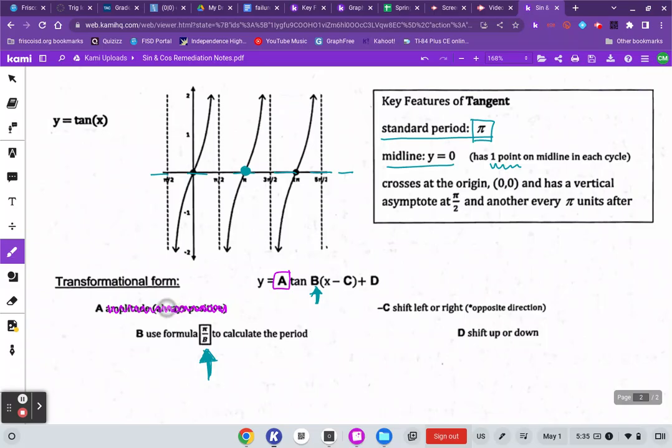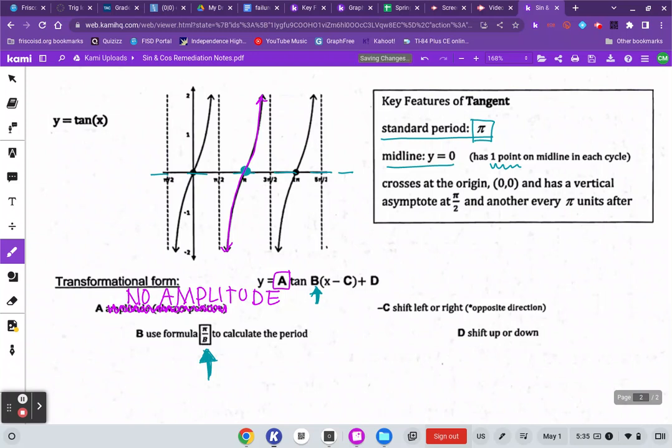This needs to be corrected. There is no amplitude for tangent and cotangent. No amplitude. There's none whatsoever. There's no amplitude because there's no maximum or minimum. These graphs extend infinitely